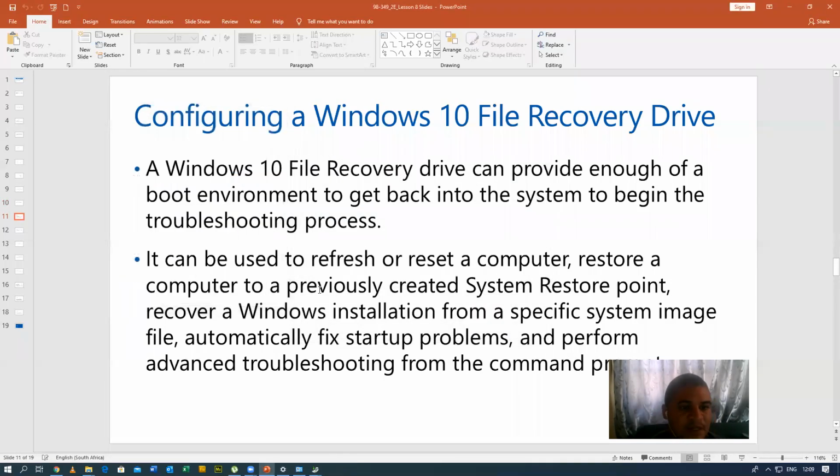I'm going to close that. So configuring a Windows 10 file recovery drive can provide enough of a boot environment to get back into the system to begin the troubleshooting process. It can be used to refresh or reset a computer, restore a computer to a previously created restore point, recover a Windows installation from a specific system image file,